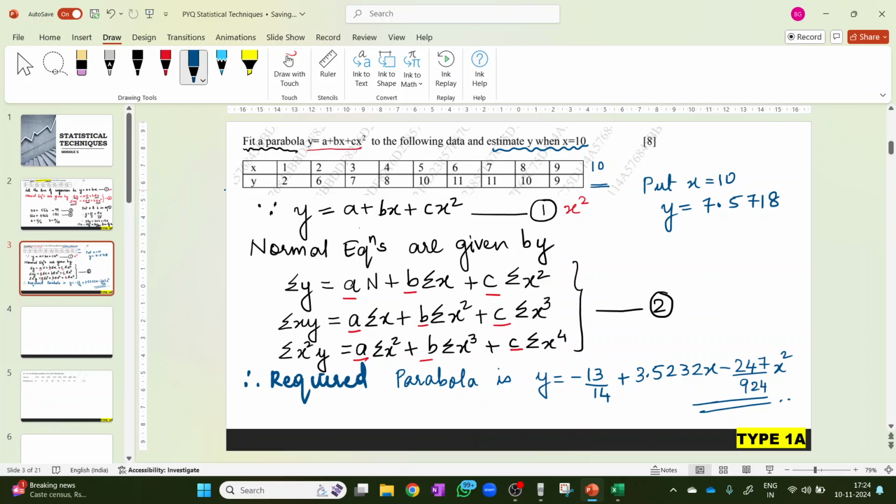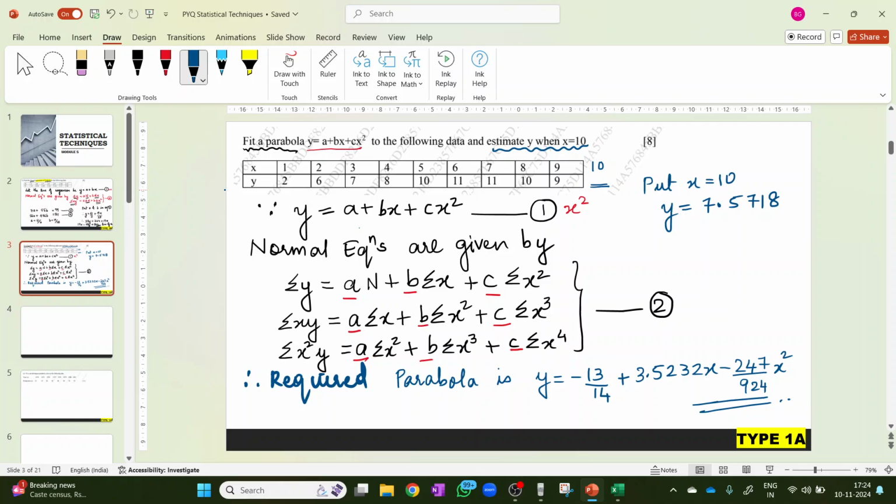So for 1 to 9, we have the values of x and the values of y. What will be the expected value? That's what we are trying to find. So this is the value which lies in the range. So this should be correct. Okay. This may be correct. Not always is this the correct answer. I hope